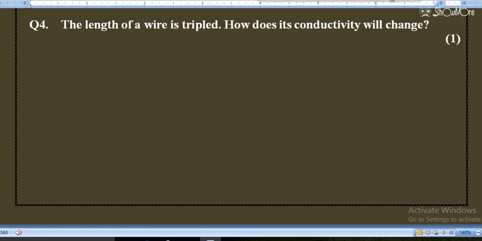So basically students, on stretching, resistivity will depend on which factors? Resistivity will depend on material. You are not supposed to follow the earlier method, that will confuse you. So it will be material dependent and temperature dependent. Many students have given that this will be tripled, this will be halved. Why are you giving that answer?